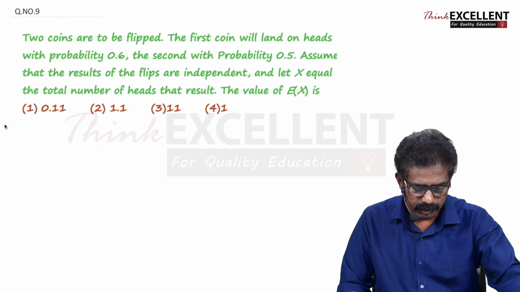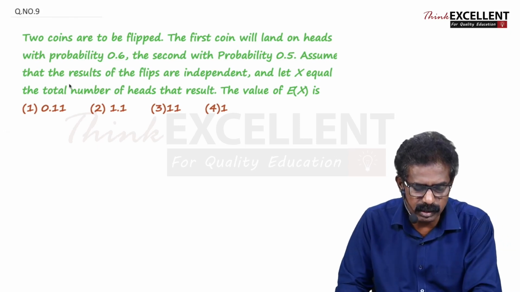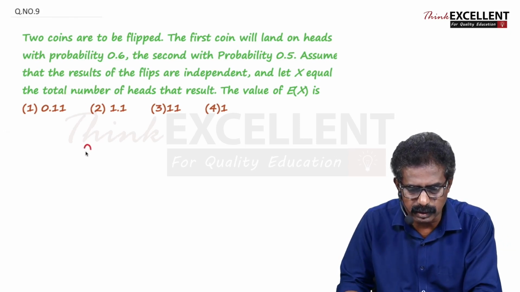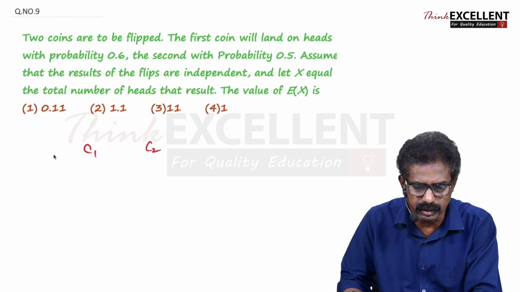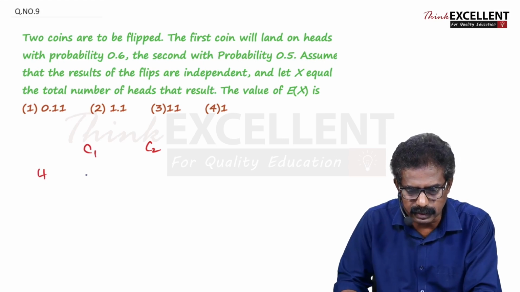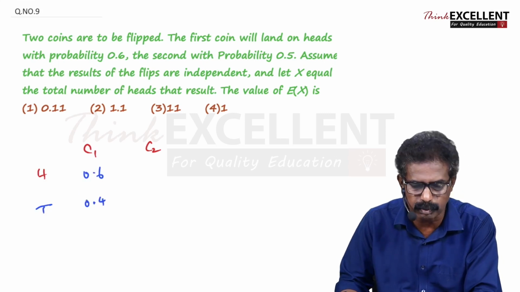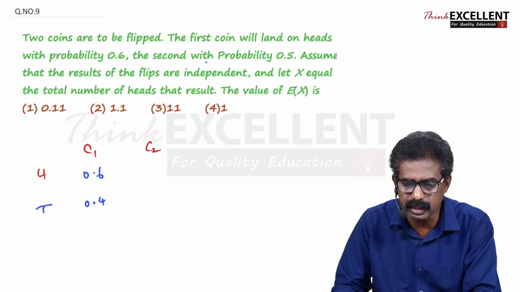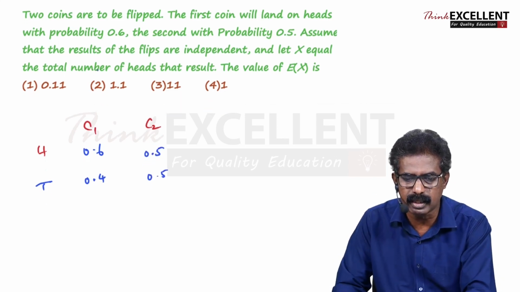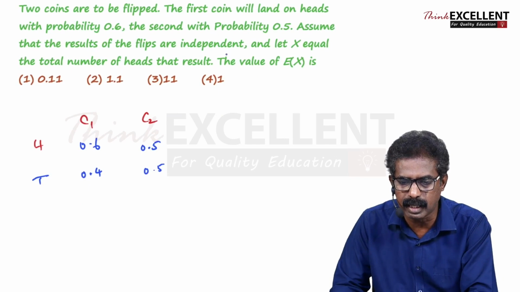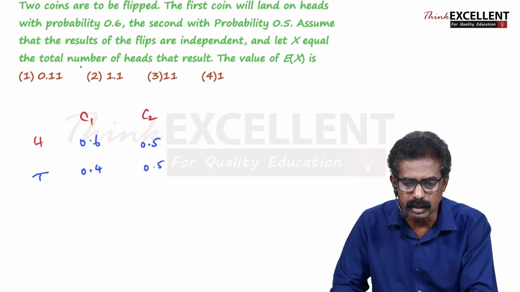Now question number 9. Listen carefully. 2 coins are flipped, coin 1, coin 2. The first coin will land on head, the probability 0.6. That means chance for tail is what? 0.4, total probability 1. Second coin shows head, the probability 0.5. For tail also 0.5. Assume that the results of the flips are independent and X equals the total number of